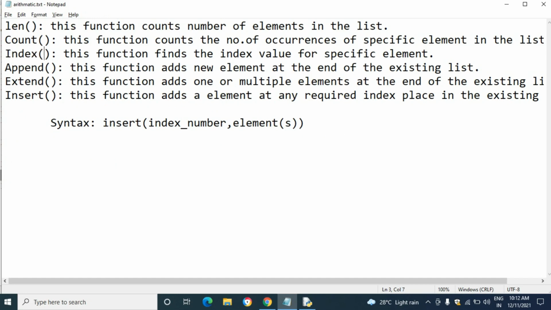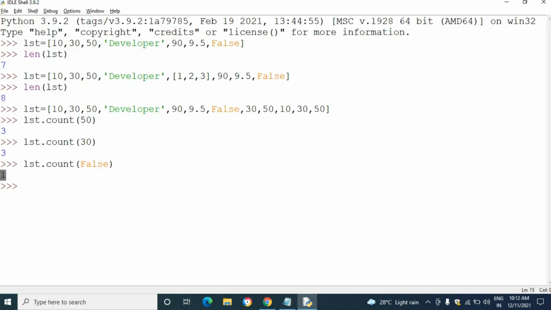Then the next one is index of. The index function is used to find out the index value of a specific element. If we want to find out the index number of a specific element inside the list, that time we should use the index function.